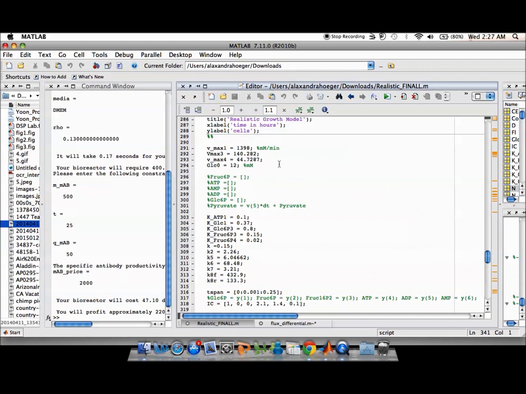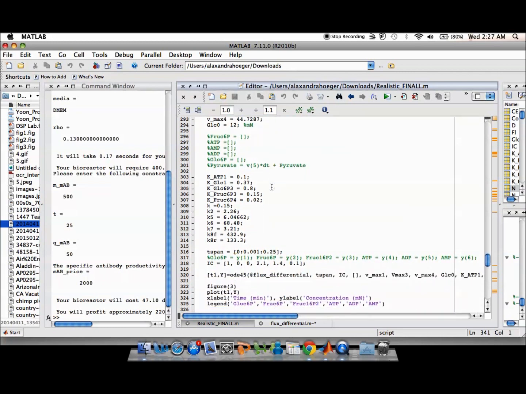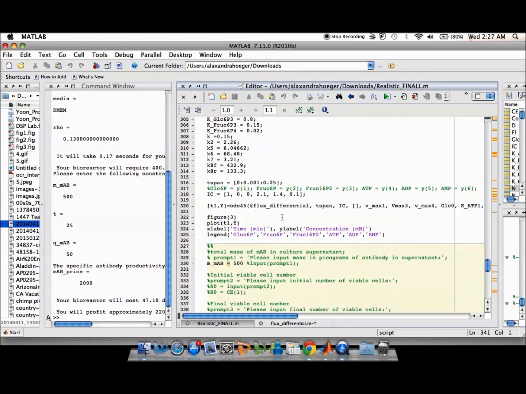We have here constants from academic sources, constants for the affinity and equilibrium constants, our time span, and initial conditions, so the initial concentrations of each of these metabolites already present. Using ODE45, we're able to plot the change in concentration of each of these metabolites,